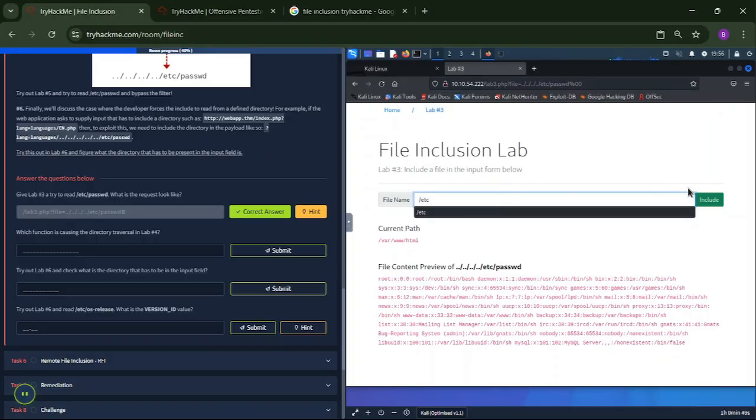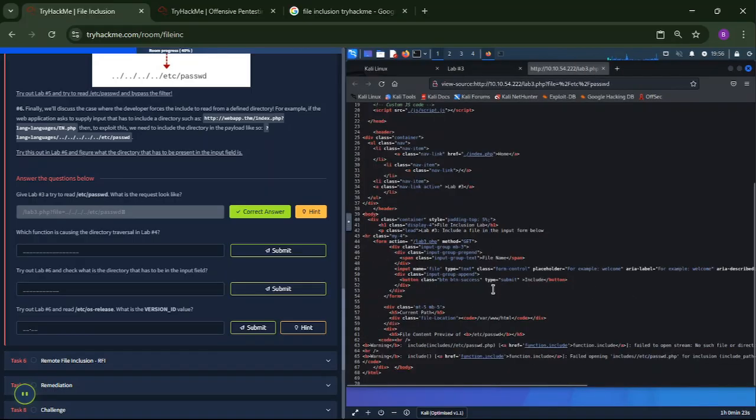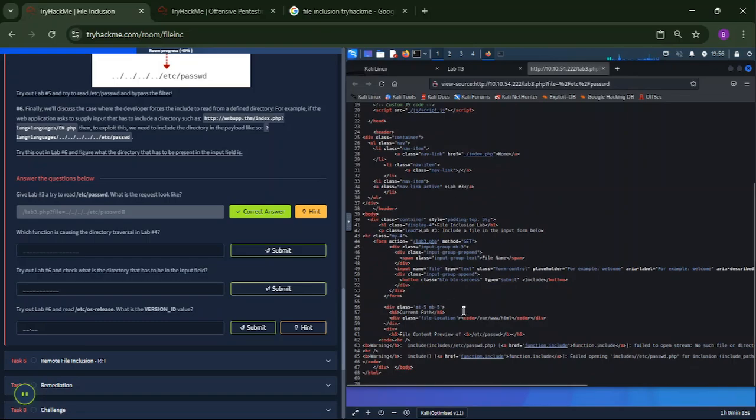If we could just try that error, then you would get what is responsible for failing to open the stream. If we could just review the source code over here. Its password includes